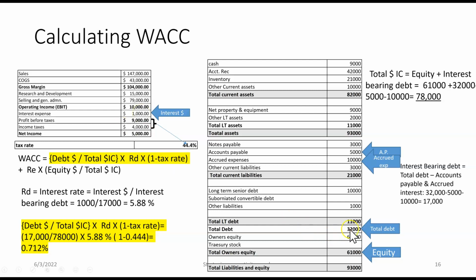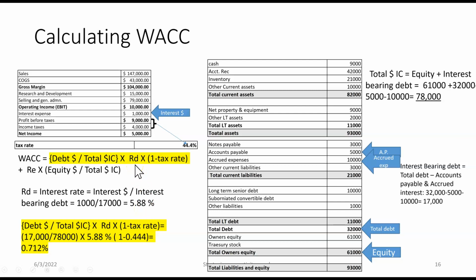And how do you do that? You take the 32, which is the total debt, but you subtract out the accrued expense and payable, which is non-interest bearing debt. 32 minus 15 will bring it down to 17. So if they are paying 1,000 over 17,000, that would mean that their average interest cost is 5.8%,